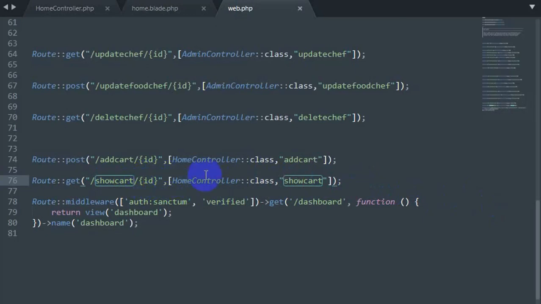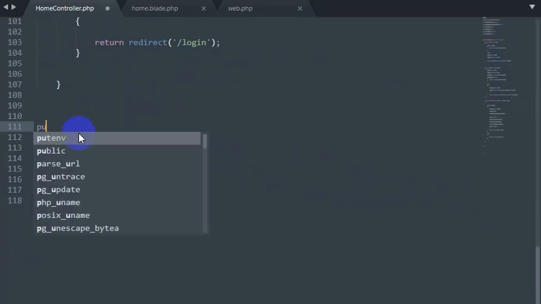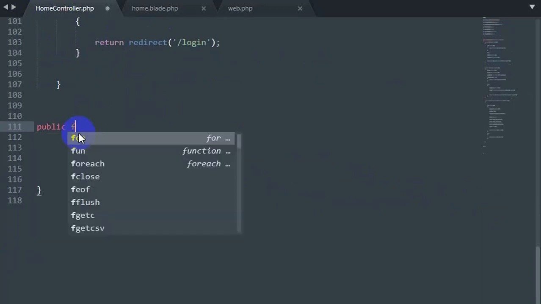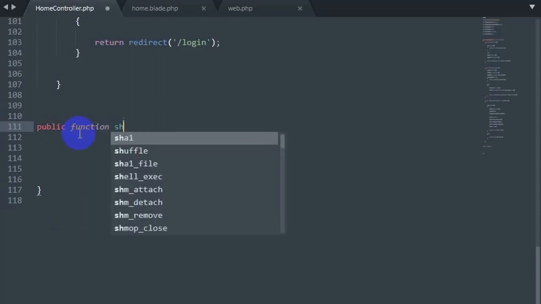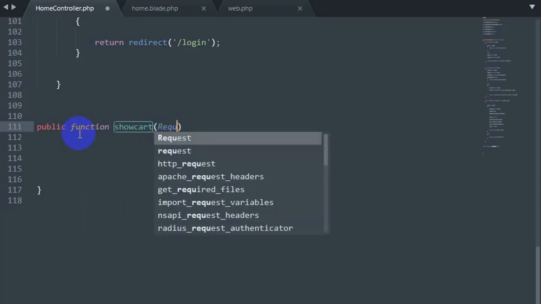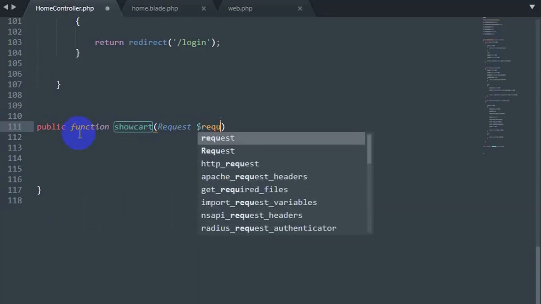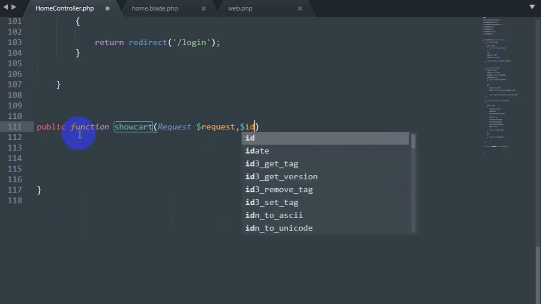So we'll go to our home controller and create this show cart. So we'll say over here public function show cart, and we'll say dollar request, and then comma we need to mention the id.